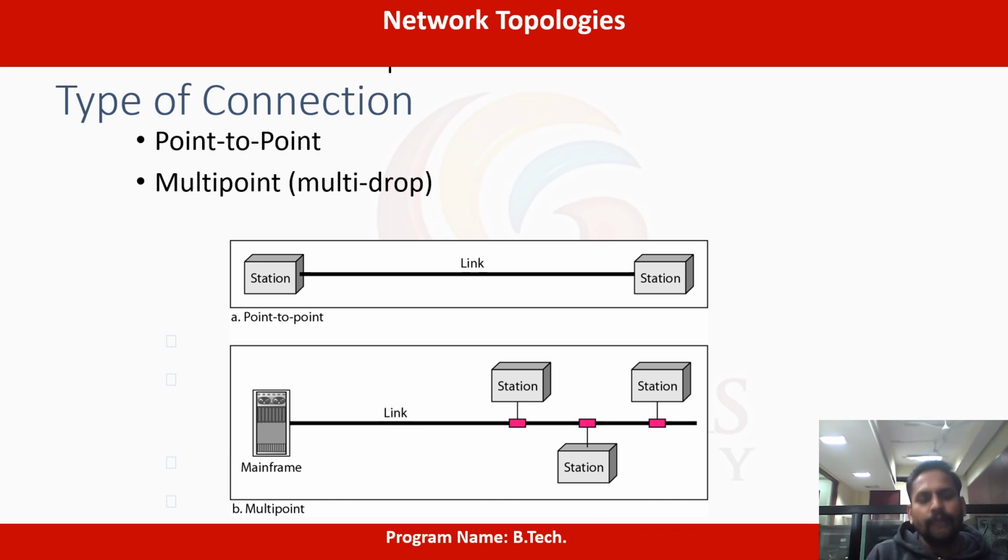Okay, so what will happen here is with the base station or the main server, many client machines are able to communicate. Here we have only one server or one access point, but from that access point we are able to communicate with multiple systems. That's why we are telling this kind of communication or connection is called multi-point.